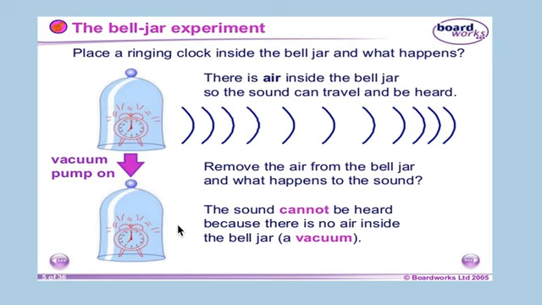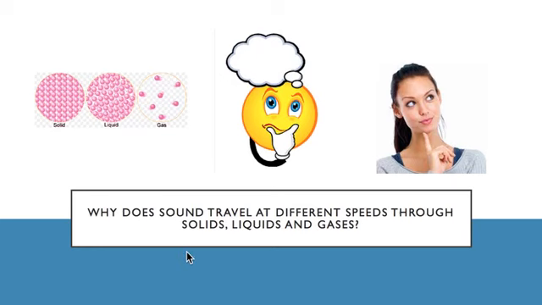Okay, so we've seen a few things now. We've seen that sound needs to travel through particles, and it travels faster through solids. So let's have a look at the difference between different things and see why it might travel faster through a solid. So this is a question we're basically asking: why does sound travel at different speeds through solids and gases? And we can also say that it travels at different speeds through liquids as well, though we haven't seen that yet. So have a look at this diagram here. So we've got a solid, a liquid and gas. I'm sure you've seen a diagram that looks like this before.